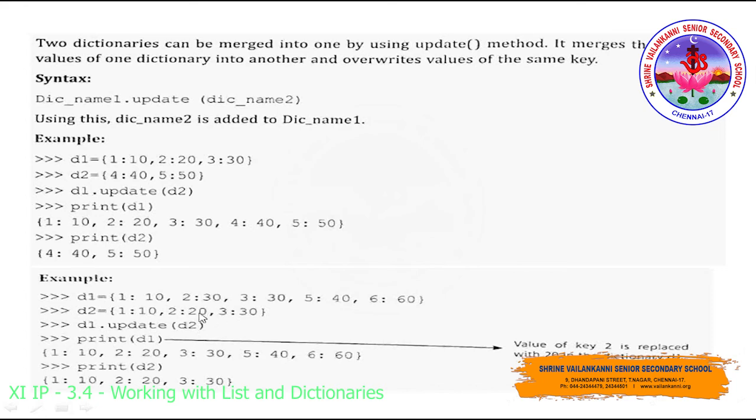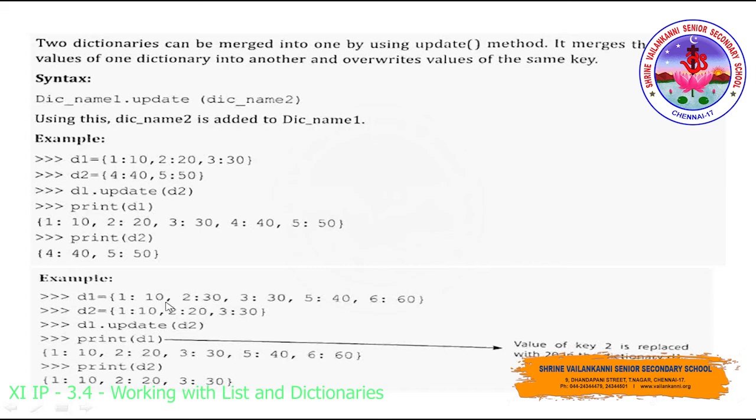So see here, now we have 20 here in dictionary 2. That 20 will be replaced in the place of 30. See here, d1.update(d2) I have given. So what will happen here if I give print(d1)? 110, 110, the similar key value pair is there, so nothing gets affected. So the same thing gets displayed here, and followed by that 230 is here.